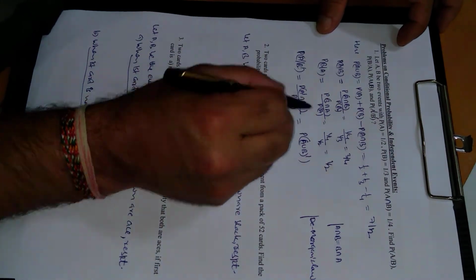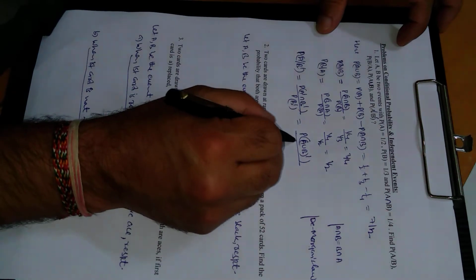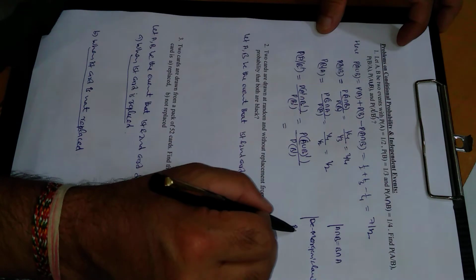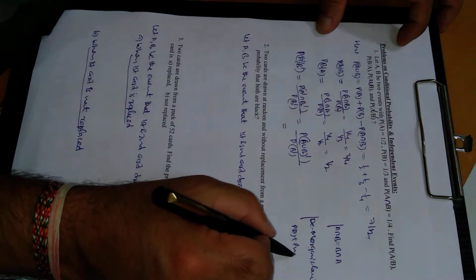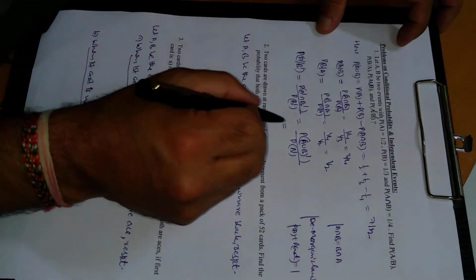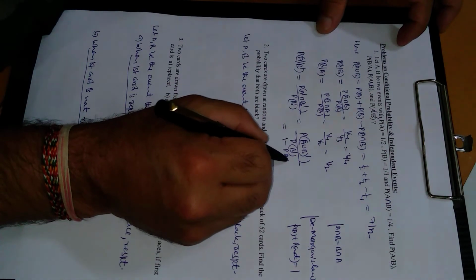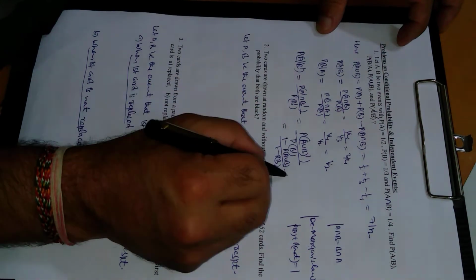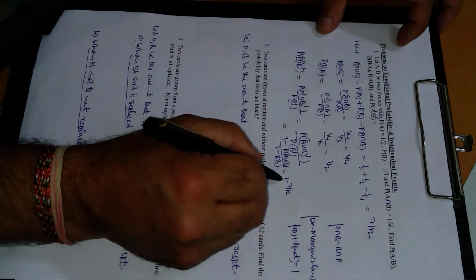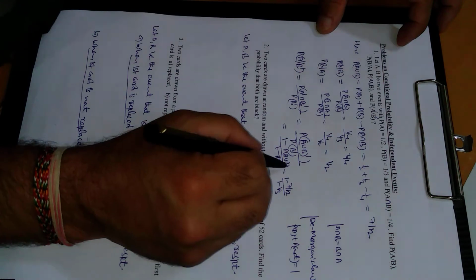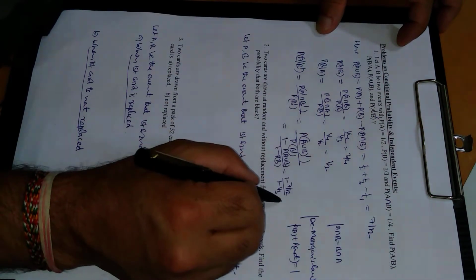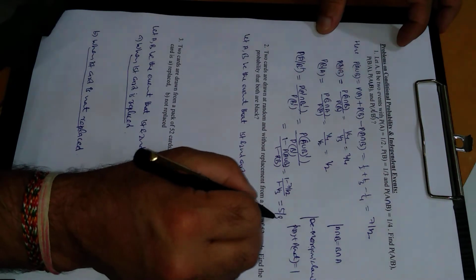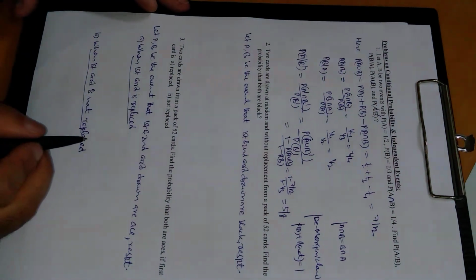All right. So this is equal to this one because of De Morgan's law, and this is again P of not B. Now further, because of this result, P of A plus P of not A is equal to 1. So this can be written as 1 minus P of A union B, and this is 1 minus P of B. Now substitute the values: 1 minus 7 by 12 and 1 minus 1 by 3. P of A union B we have already evaluated. On simplifying, this will come out to be 5 by 8. All right, so this is the first question.